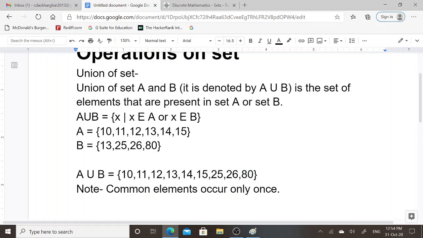Now I will depict the Venn diagram of union operation.